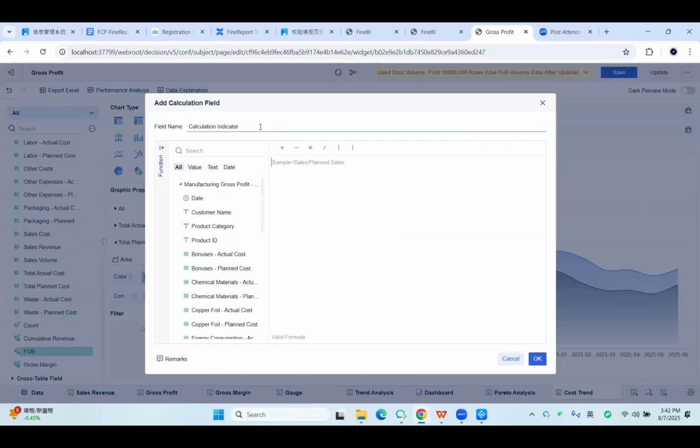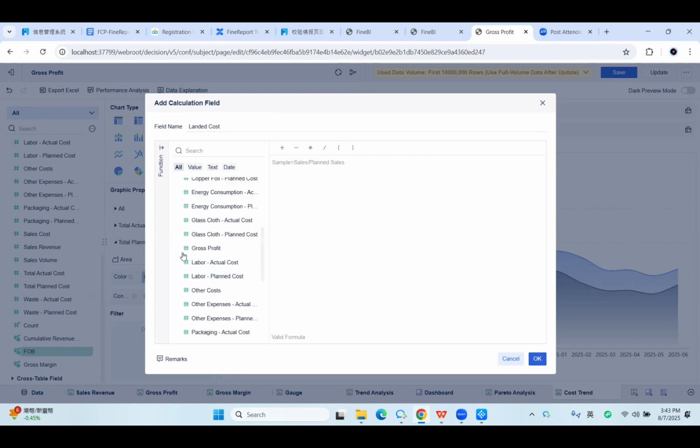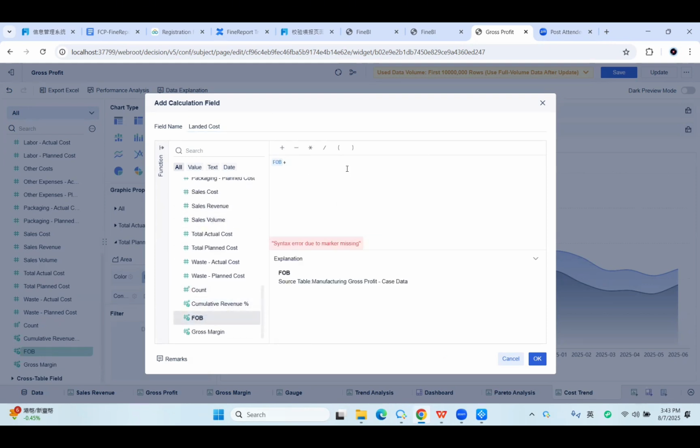And next, I'm going to calculate my landed cost. My landed cost should be the FOB plus the duty. Duty is the FOB multiplied by the rate. The rate is the tariff rate. So what is the tariff rate? Suppose we have a fixed value here, maybe 1%. So we can write it like this. But